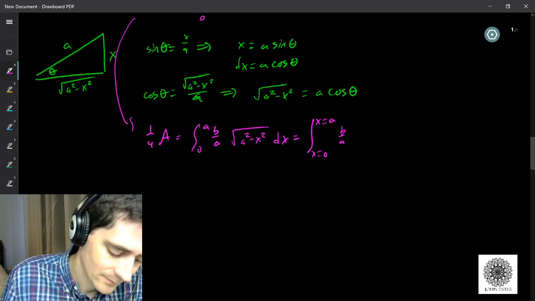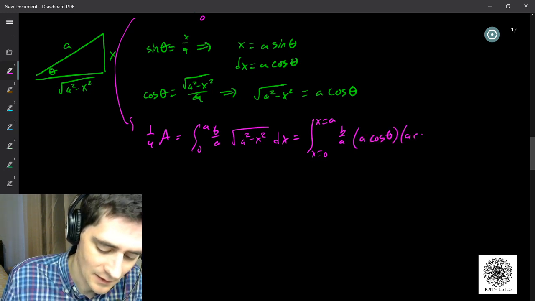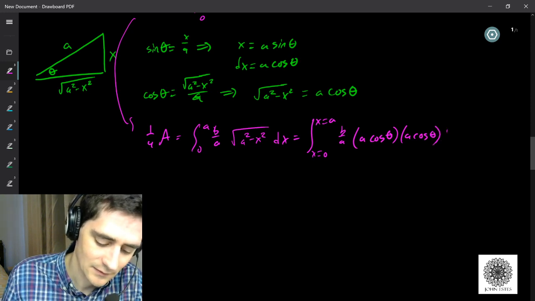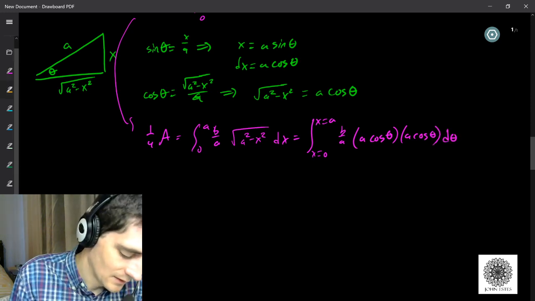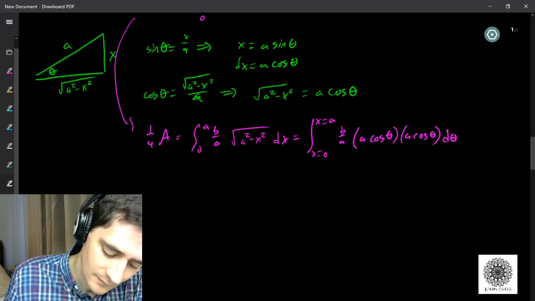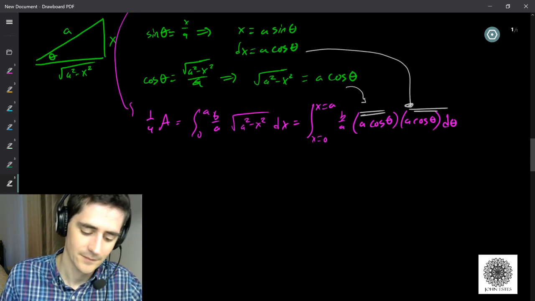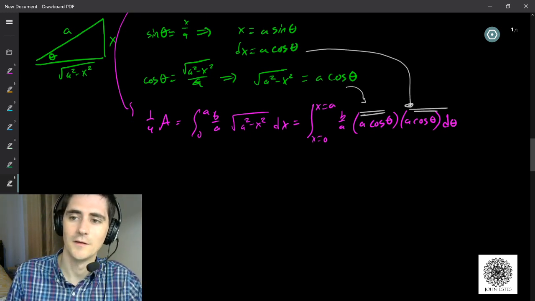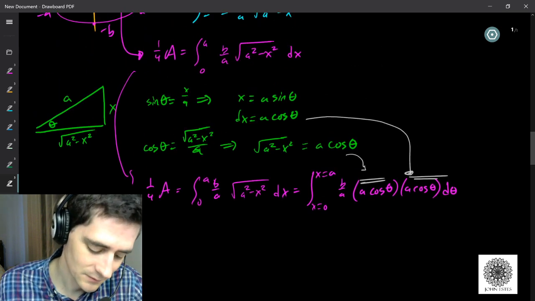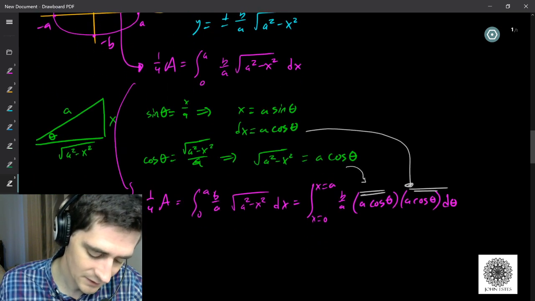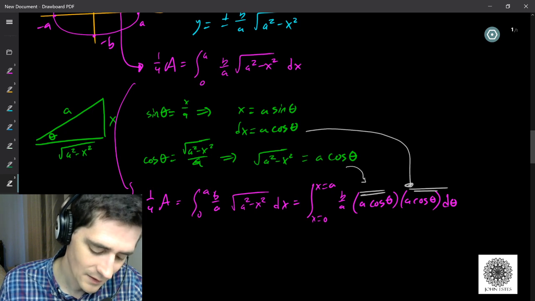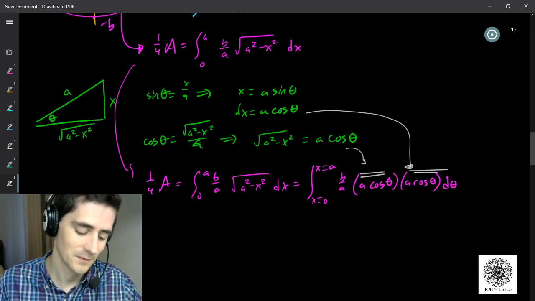This square root is actually the same thing as a cosine theta, and then dx is a cosine theta d theta. So this came from the square root, and this came from the dx. All right, so that's my integral at this point. Also notice that if I'm doing a trigonometric substitution,